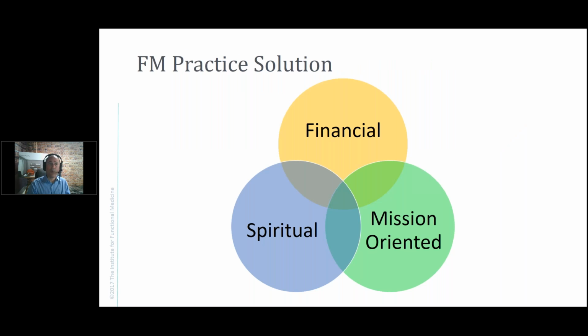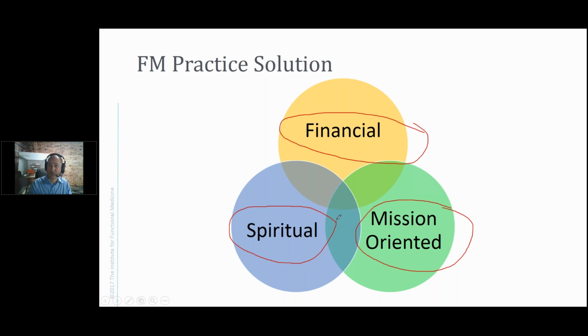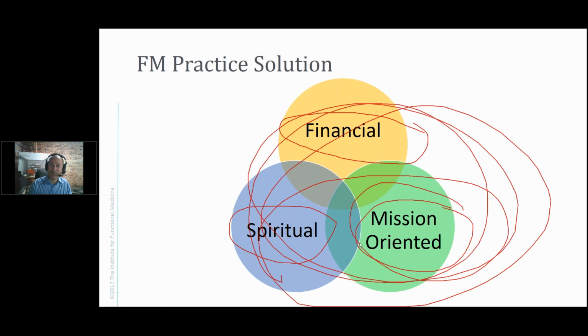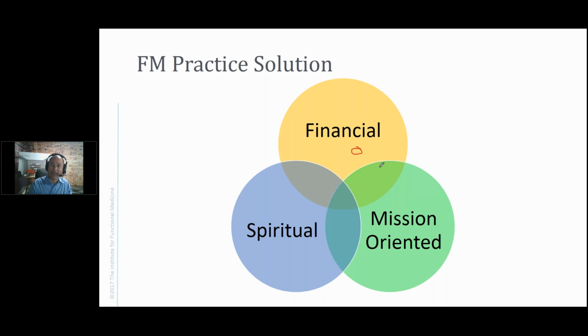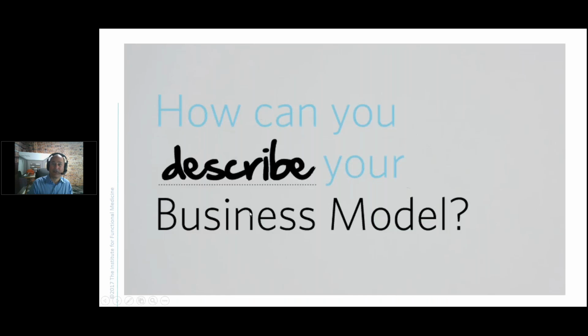And we want to make sure that we're uniting these three variables so that we have the financial situation well in hand, that your mission-oriented goals are not sacrificed, and that you have room for spiritual or personal growth. What we find a lot of times is that the green bubble here is huge and the financial bubble is teeny tiny, and there's just not enough attention being paid to the reality of running a business. And we want to make sure that we sort of fix that.